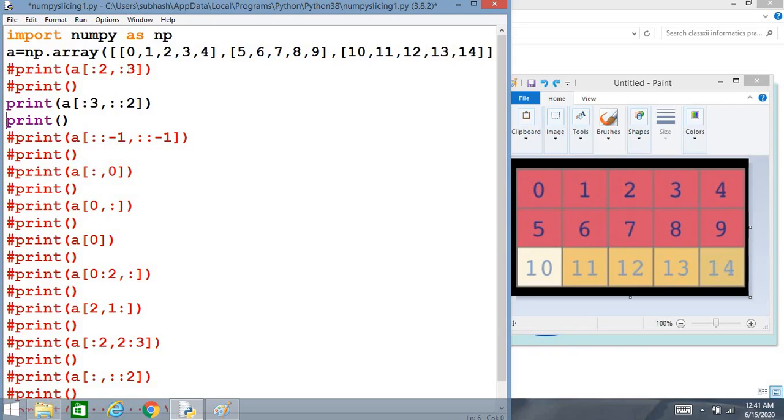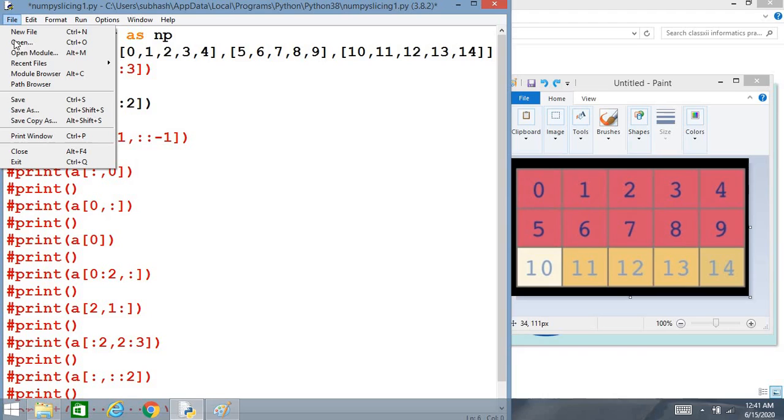That means the 0th column will be taken. Then the first column will not be taken. Then the second column will be taken. Then third column will not be taken. Then the fourth column will be taken. So 3 row and 3 column output we will be getting. Okay, we'll check out how it is coming.